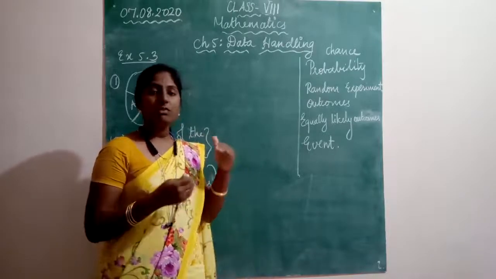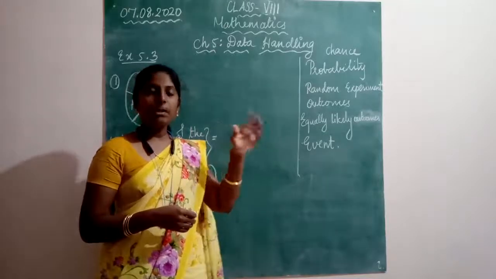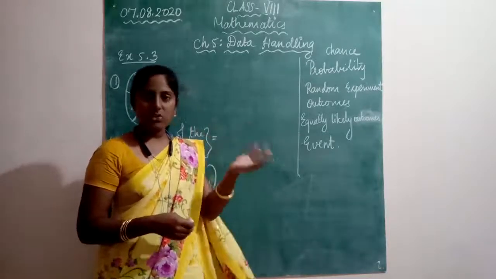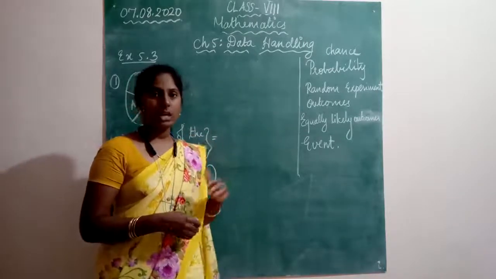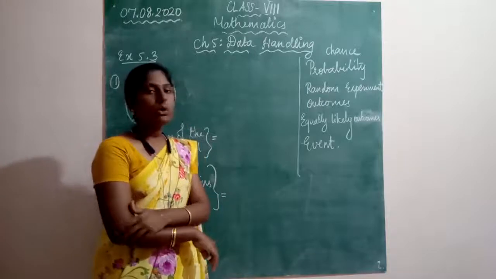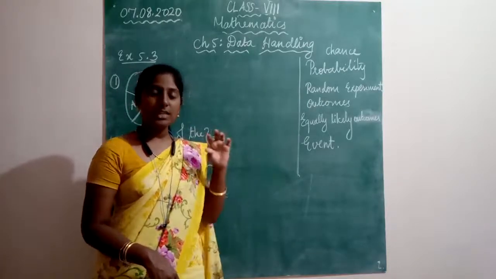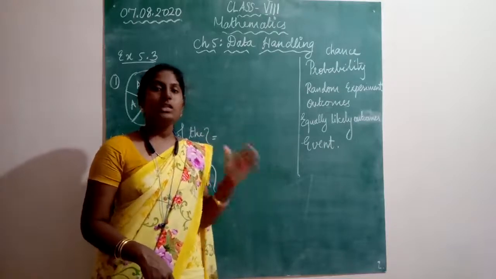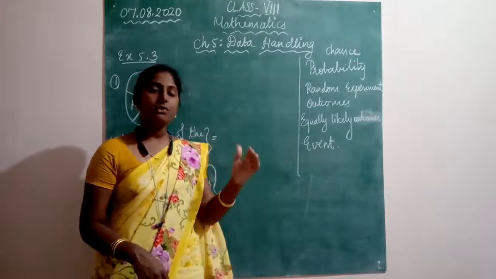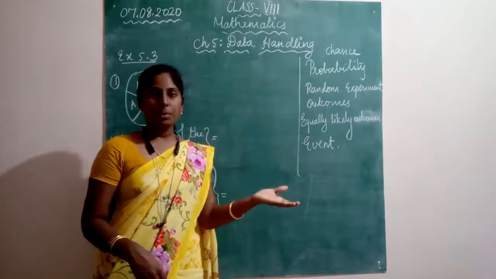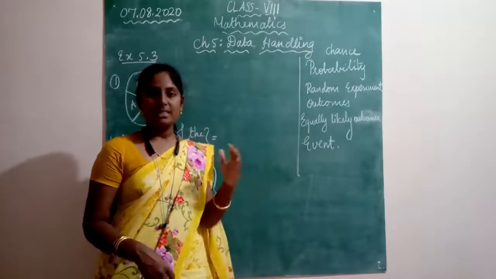So probability of getting 1 means the favorable outcome is only 1. Okay, but total number of outcomes is 6, right? So that is probability. 1 by 6 is the probability. You would have learned all these things in your lower classes. Okay, so equally likely outcomes means each and every outcome is having the same result, right? Each and every outcome is having the same probability. So such kind of outcomes are known as equally likely outcomes. So even if you write getting 2 on the top of a die, getting 3 on the top of a die, each and every one is having 1 by 6 as its probability.